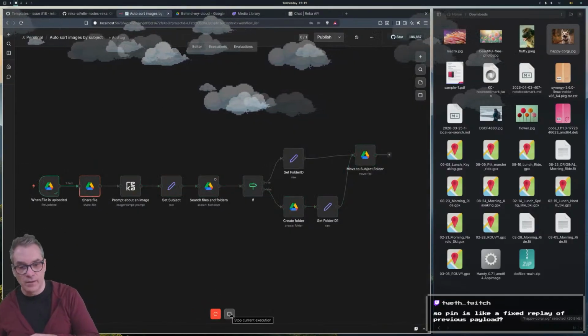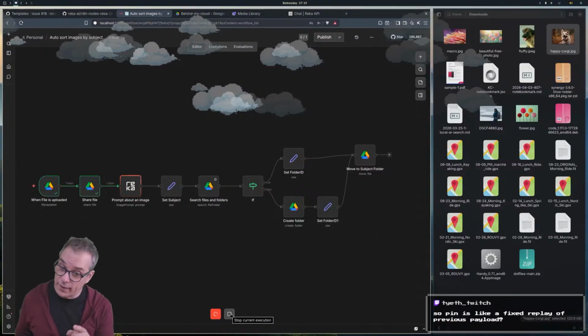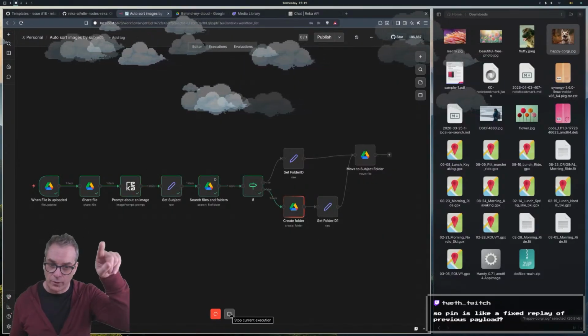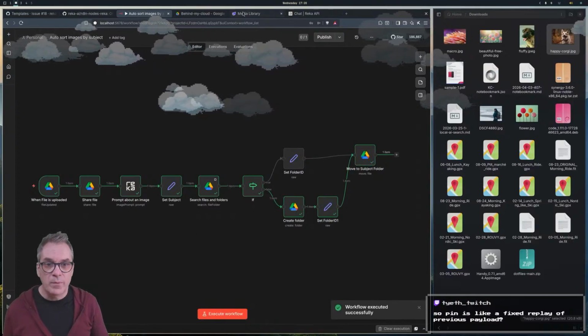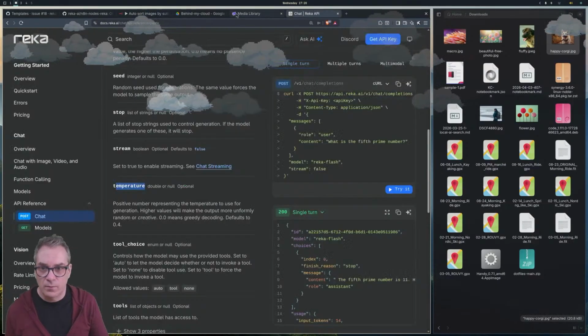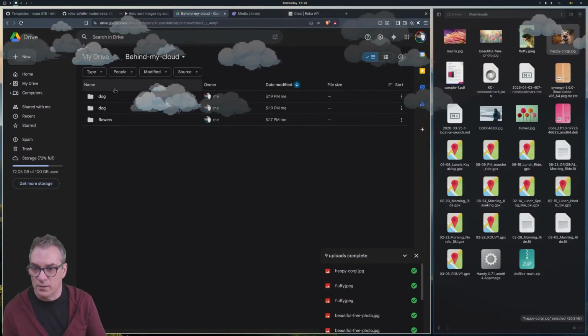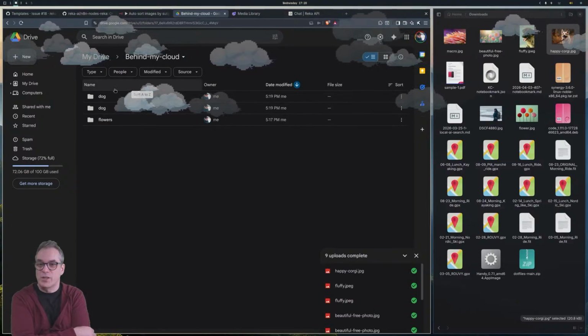If we go here, now the detection should find a dog folder and go up. No, why? Oh no. Maybe it was like dog. What happened? Dog. Okay, so our research,